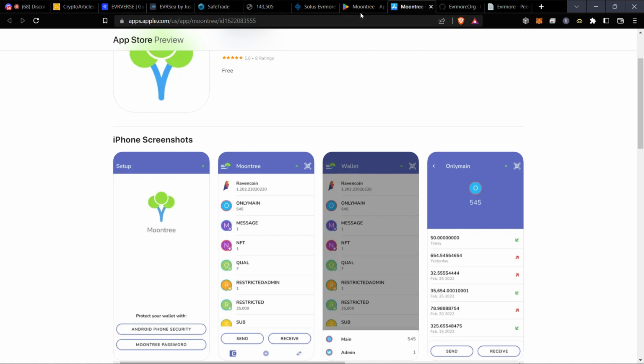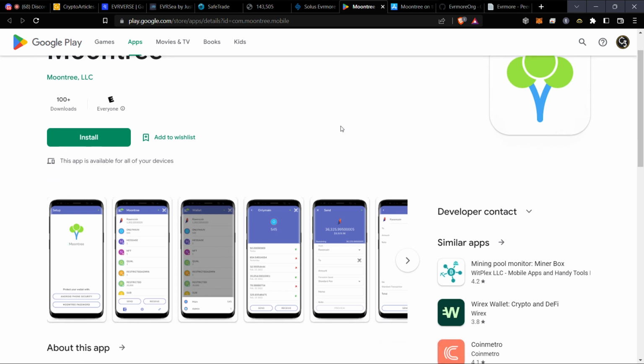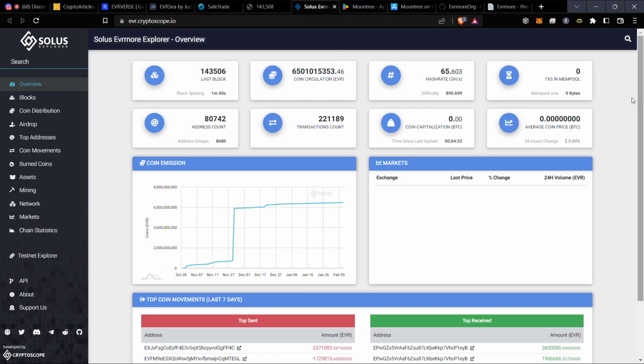Cool. Same thing goes with the Google Play Store. You can download, once again, Moontree on there, and it is also free. You can store your Ravencoin there and your Evrmore coin there, and your assets. It is asset aware, which is amazing. All right, let's head on over to